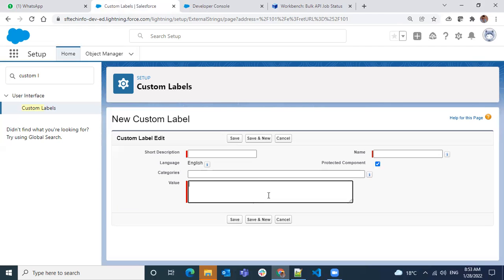So you can add translations to your custom labels, and when you use those labels in your code, it looks like your form itself is translated to a different language. But actually, what we are doing is using custom labels and adding a translation to them. So it could be used as error messages, or it could be used as